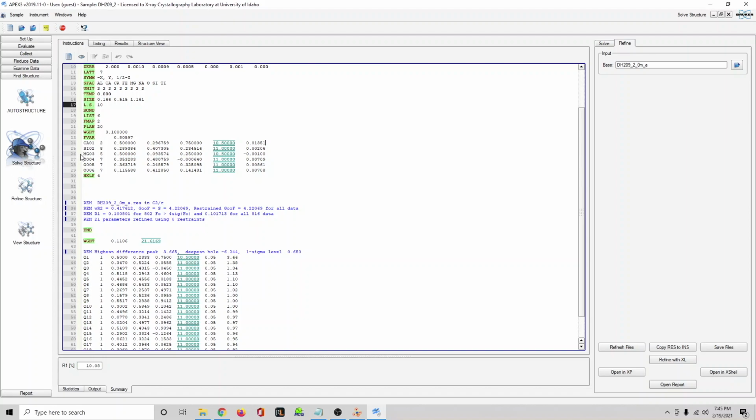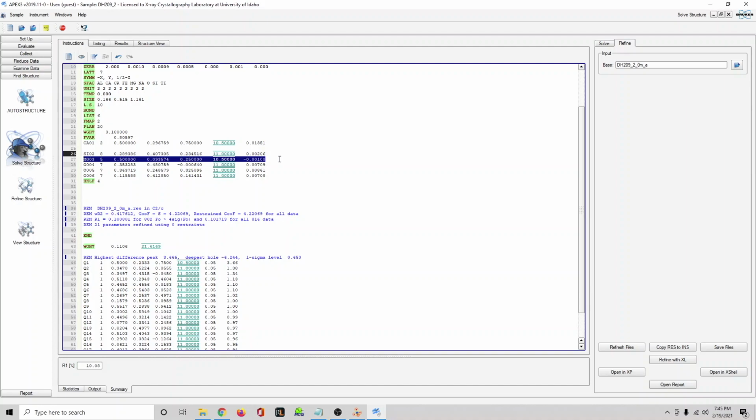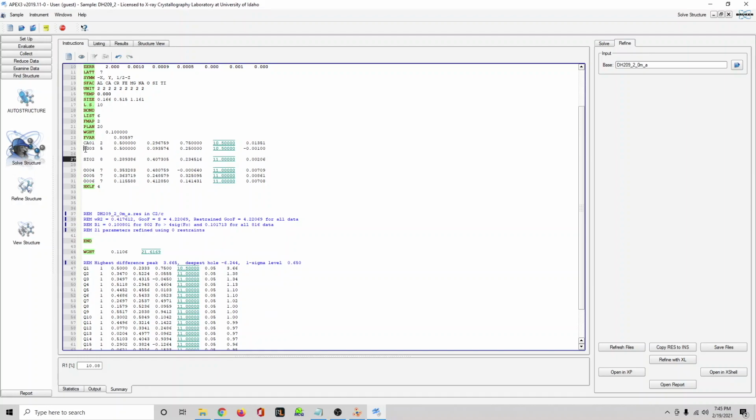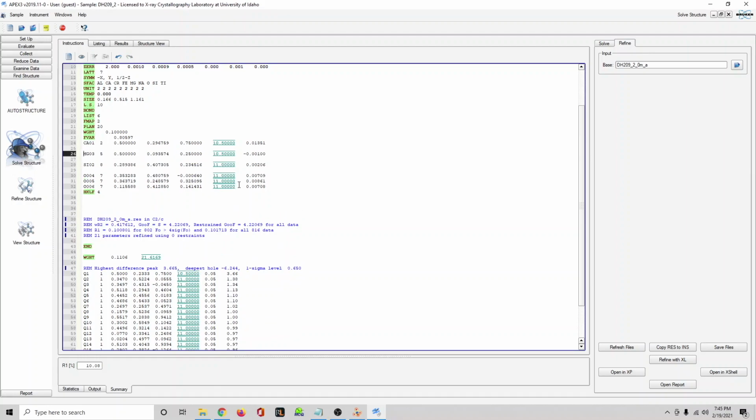So just to organize, I typically like to have it, Command Z. I typically like to have it in this order. And another thing that you should probably do if it's a known mineral or known material is put it in